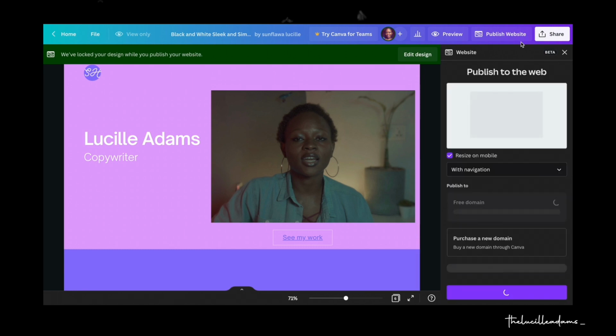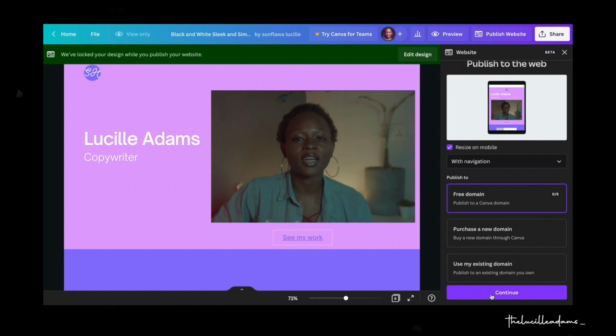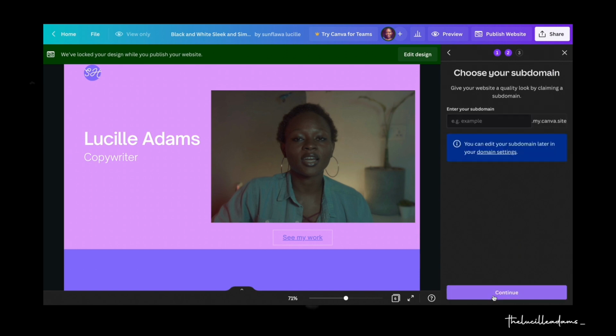When you click on publish website, you have to take notes. Make sure that you save with navigations, and then you have to check there's free domain, there's purchase a new domain, and use my existing domain. So when you purchase a new domain, that means you want to pay for it. When you use my existing domain, that means you already have a domain that you purchased. But I'm going to go with free. So that's it, and I'm just going to click,